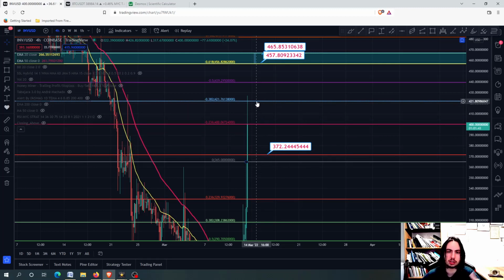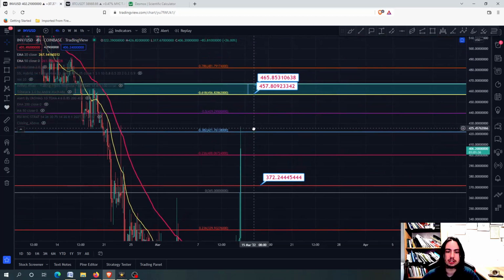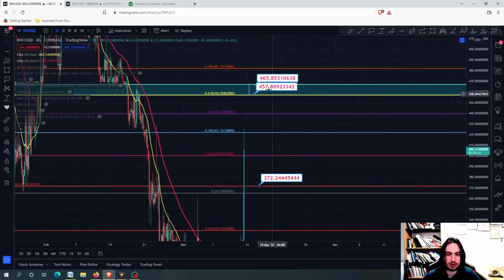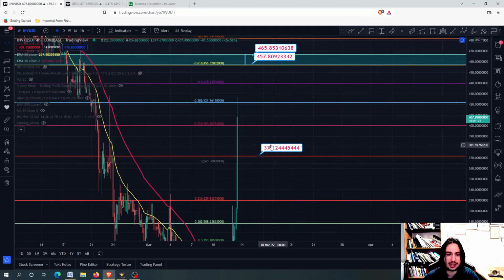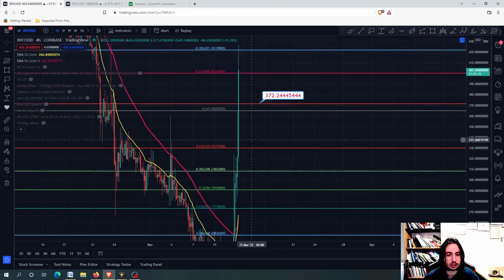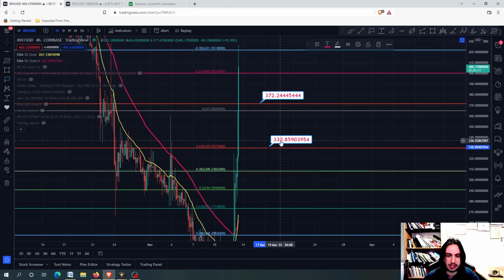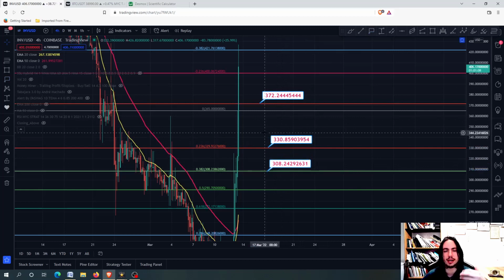And these altcoins that pump so much are very good for taking some quick profits, but they are also very dangerous. So I will repeat that: be careful, very much. The price targets that we should be paying attention to are 457, 465, around there as well. And we need to close on the 4-hour frame above the 372 to 73. If we do not do that, be prepared for a correction towards the 329, 300 Tether USD, and so on. So I'm putting these price labels over here as well for the next support levels.